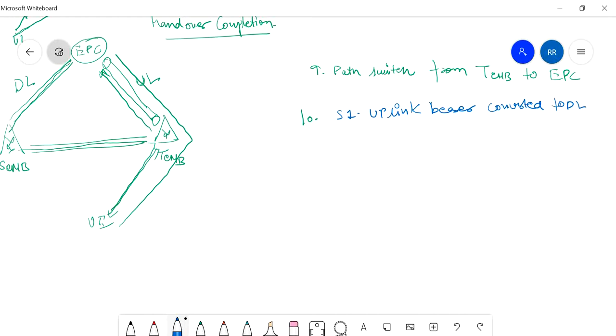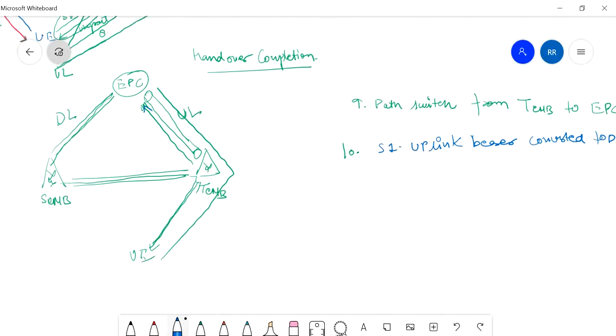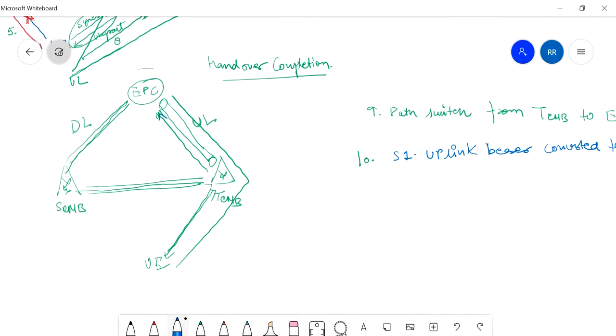After that, the bearer modification request goes from S gateway to P gateway, and then the bearer modification response comes from P gateway, because S gateway, P gateway and MME are all in this part.